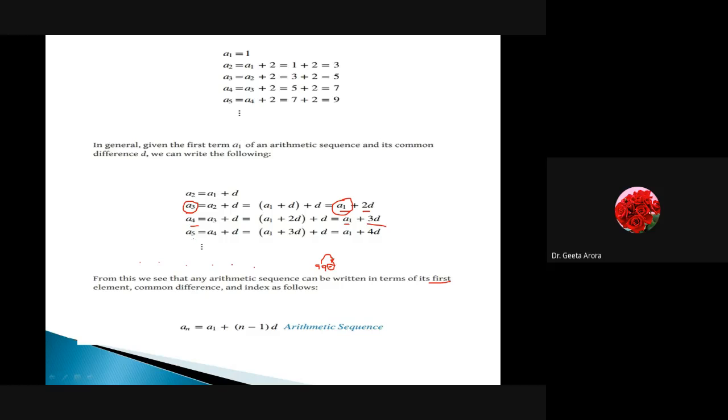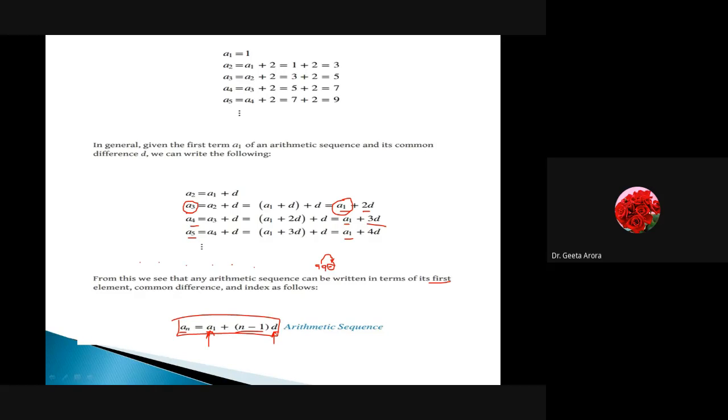So here we have seen that if we are talking about an, then it can be written as a1 plus, here if we have 5, we have 4. Here if we have 4, we have 3. This is what we are getting. So we can write down an can be written as a1, the initial term, plus n minus 1 times d, where d is the common difference. So this is the formula that will help you in finding out any of the terms which is being asked to you when the initial term is known, we are aware of what a1 is, and the common difference is known. Right? So this is what we have learned.